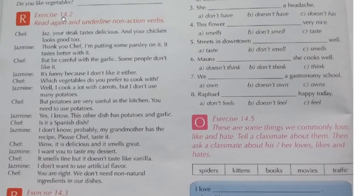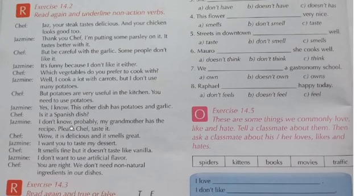Okay, now on exercise 14.2, read again and underline non-action verbs. We have a conversation between a chef and Jasmine, and the idea is we have to read it. So I'm going to start. It says,